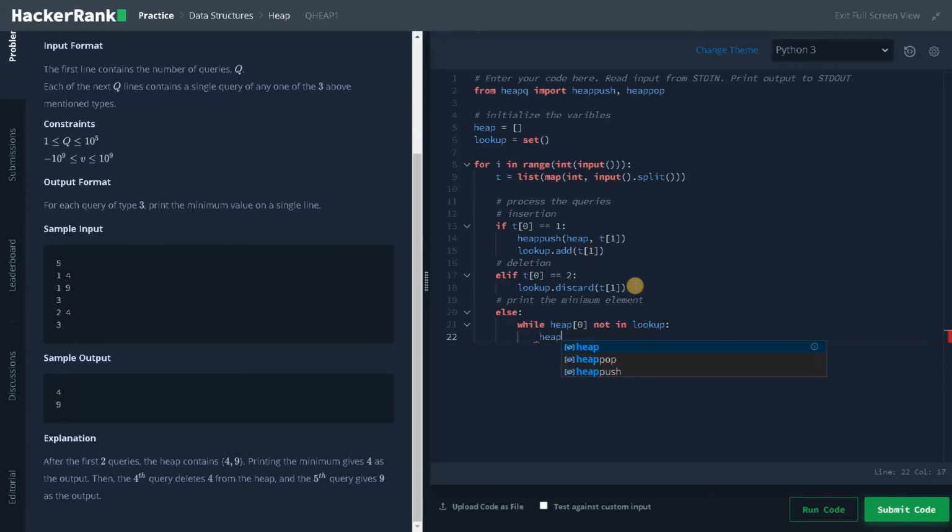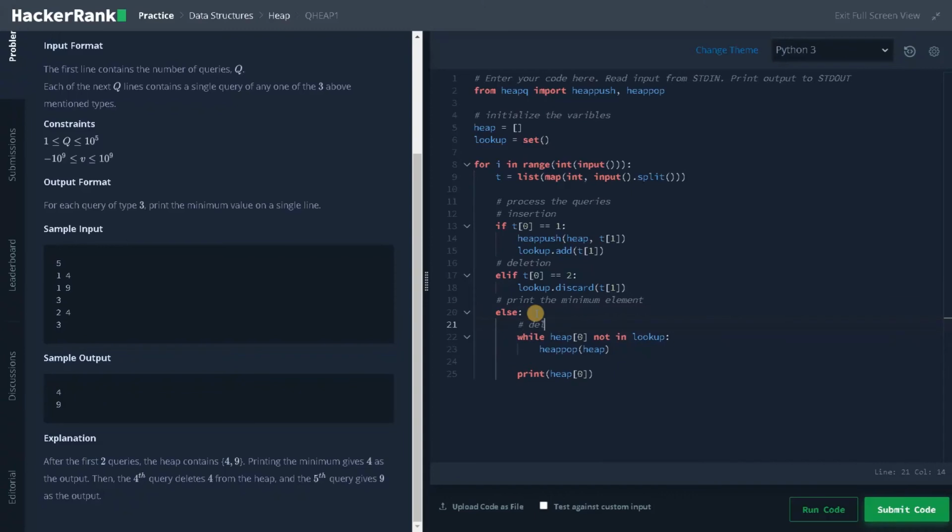That will be heap pop of heap. It does this operation until the minimum element is in the lookup set. So if the element is in the lookup set, the while loop breaks. Finally, we will print the minimum element, that is heap of 0.